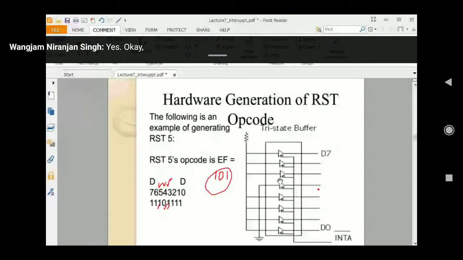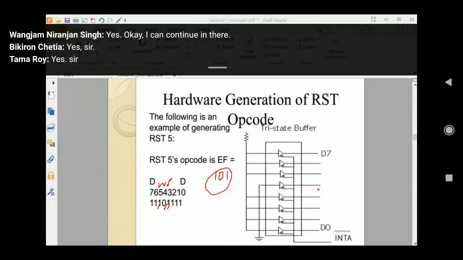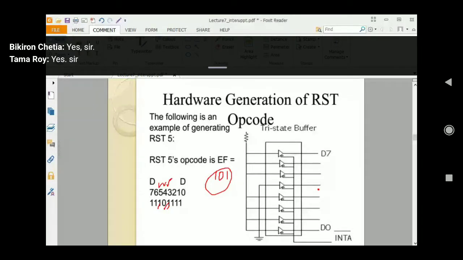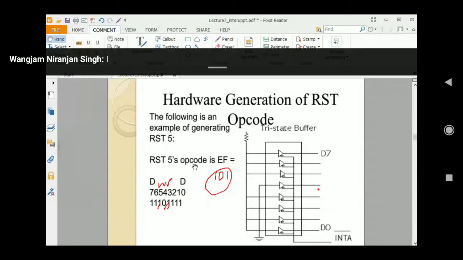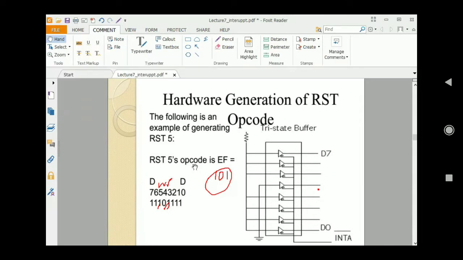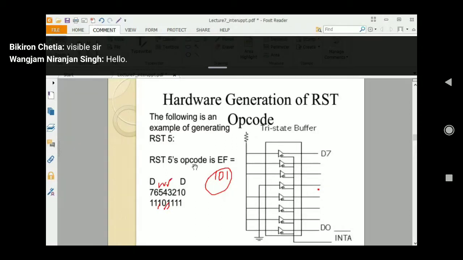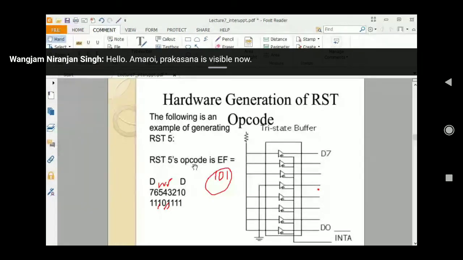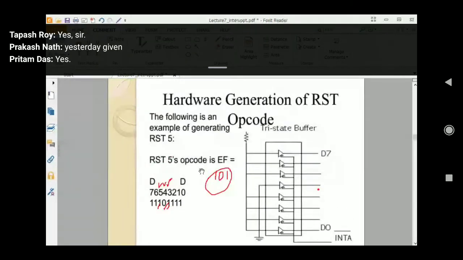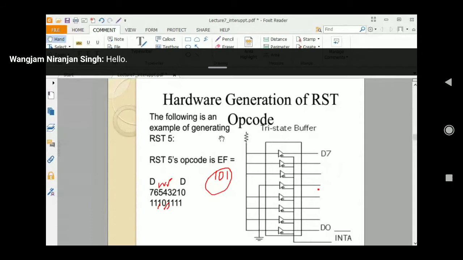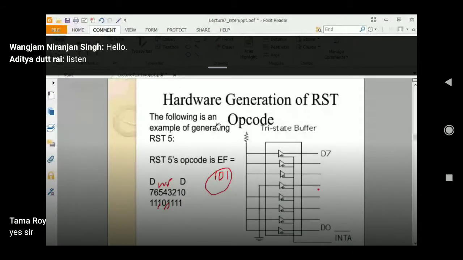Okay, I can continue now. It's visible now. Roy Prakash Nath, is it visible now? Yes, sir. It is visible.